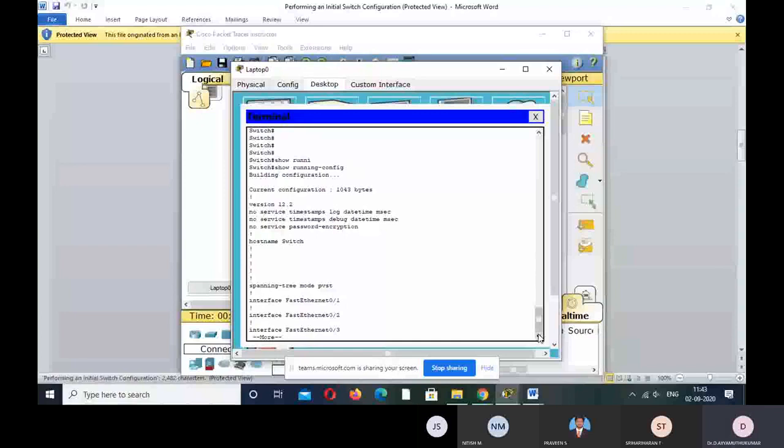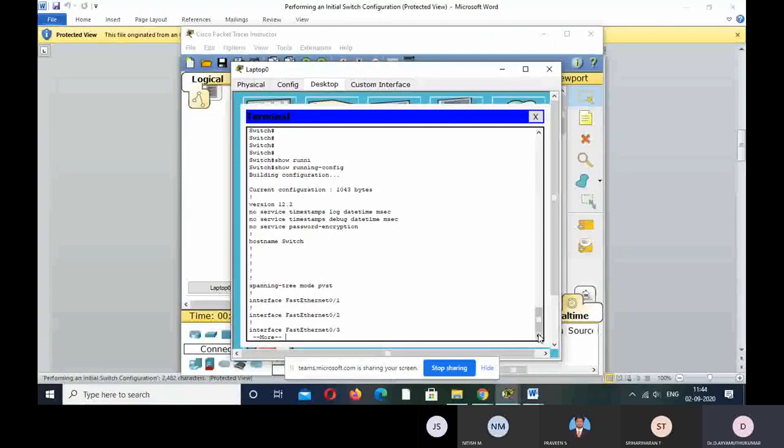By using the command, you can see the details of your previously configured setup in your switch. But in which mode do you have to use this command? In privilege mode. Hash indicates privilege mode. In the privilege mode, you have to type the command show running-config. It lists all the settings made in this switch.